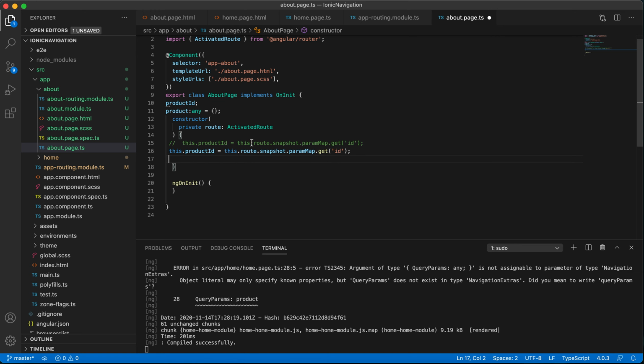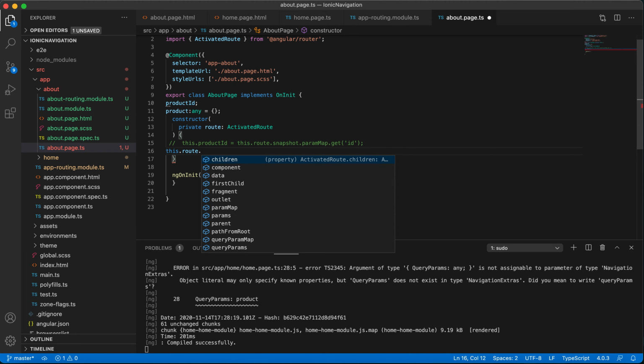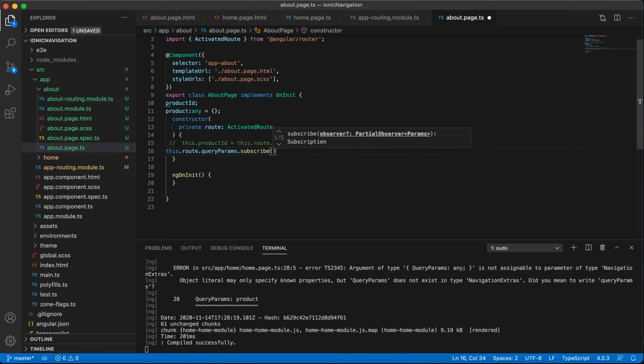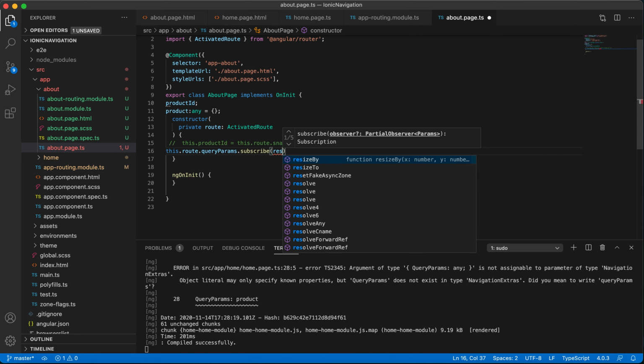Let's comment this, so it will help for our future. Now this dot route dot query params dot subscribe, and here we are passing the result.